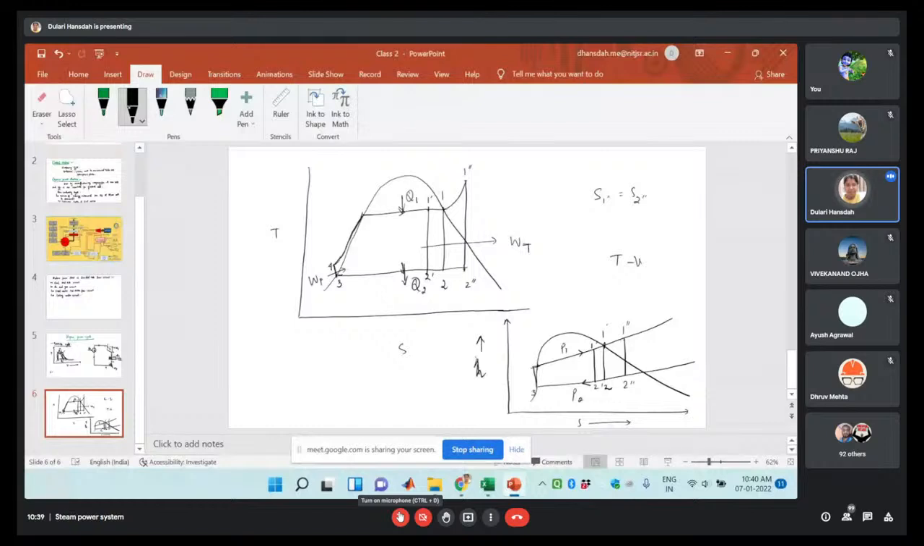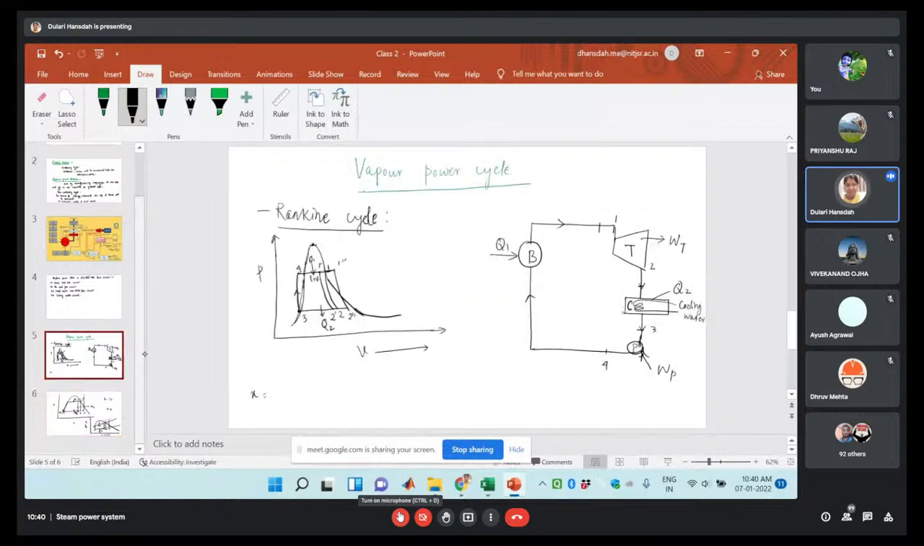This will be the 3. It is the 4, 1 2 3 4, okay. So ये है आपका HS plot. So here it is the heat rejection Q2, heat addition Q1, okay. So this is the properties diagram drawn for the Rankine cycle,